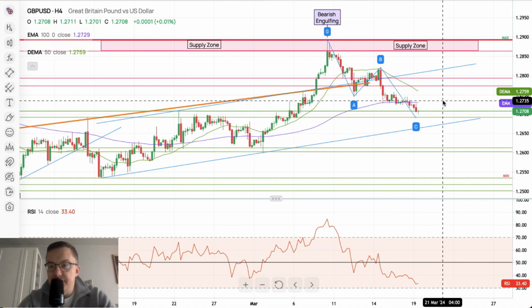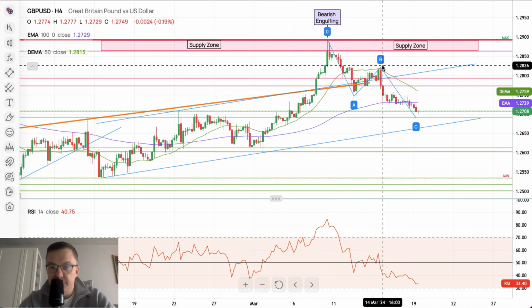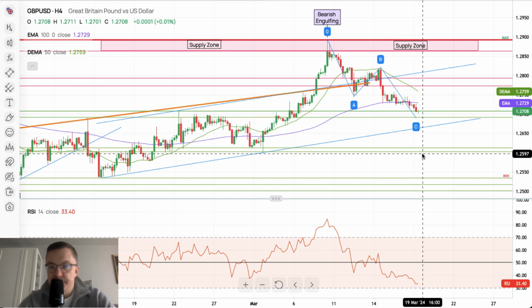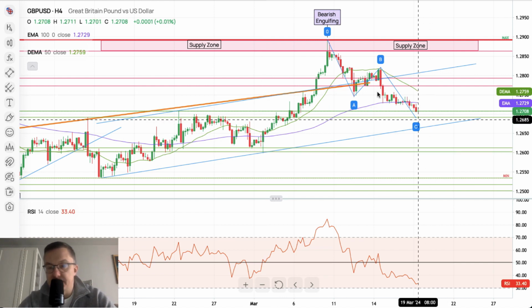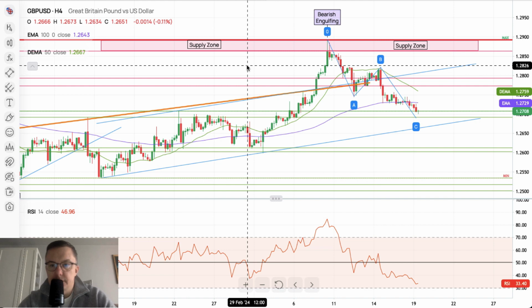So it doesn't actually look that this market is developing any sort of impulsive wave. However, the alternate count would be alternate wave 1, correction alternate wave 2. Maybe this would be the wave 3, but that means we need to break way below the level of 1.2599 to extend, of course, the drop in the wave potentially 3, and we cannot go back above the wave A low, which is 1.2746. Otherwise, this one again looks like the ABC correction to the downside, according to my Elliott wave count.